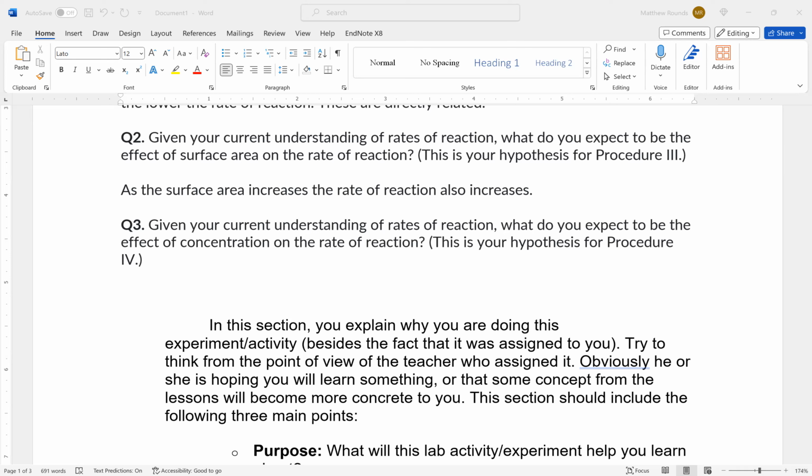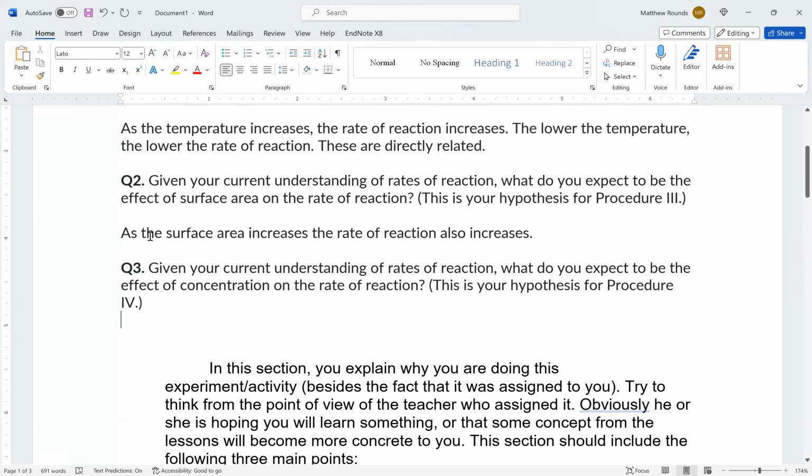And can you repeat what you said before? You told me to look in the notes. We're for now just looking at concentration. So it's the same as the previous ones. You just have to figure out whether it causes the rate of reaction to increase or decrease. Okay. The concentration would also increase, right? You can start out the sentence just like we did the previous ones. This is where you have to recognize that you're doing the same thing again. As the concentration increases, comma, the rate of reaction, and then you fill in the blank.